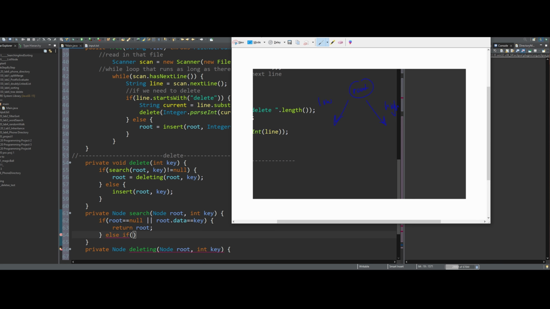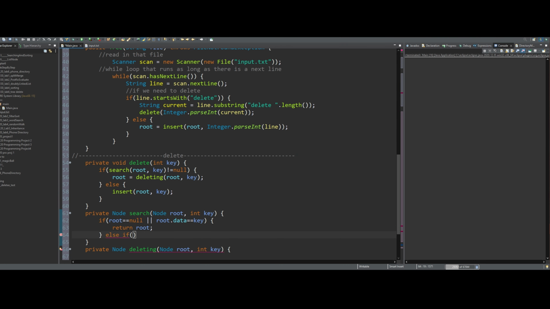And well, if our key is, let's say it's less than our root, we are going to need to search the left side, right? Because the key is in the low area. So we'll say else if our key is less than root.data. We're going to be inside of here, and we are going to need to recursively search this. So we're going to return the search, and then inside of here we're returning